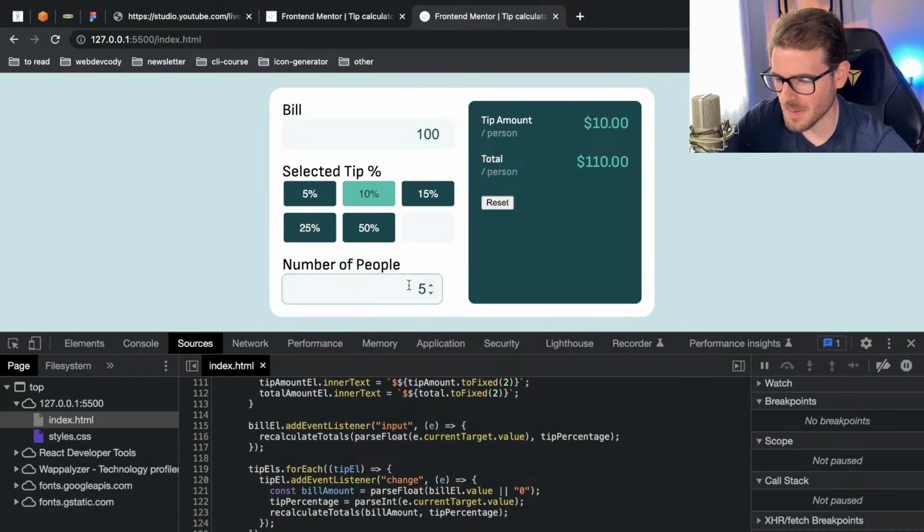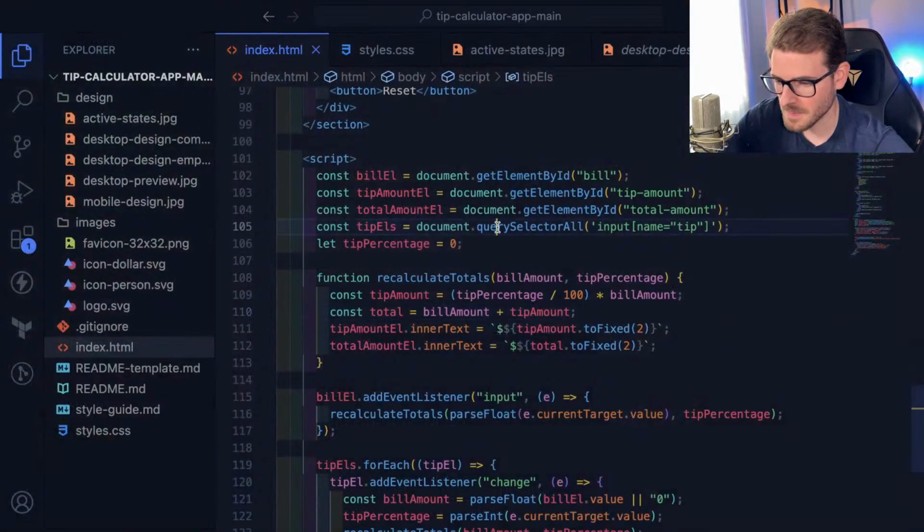If you have 5 people and the bill is $50, but you want to do a 10% tip, then you'll get a total of 110, but then you need to divide it by 5. Both of these need to be divided by 5, right? So